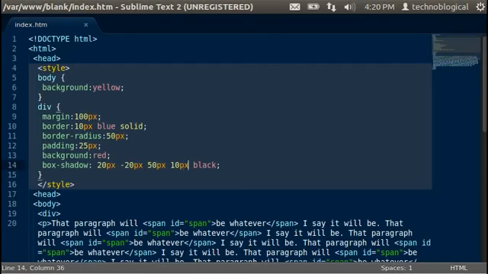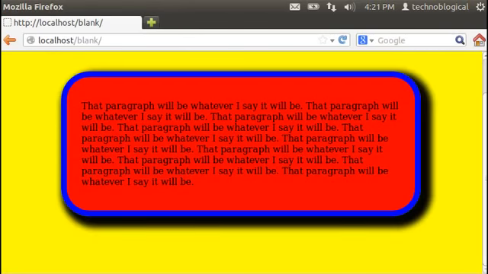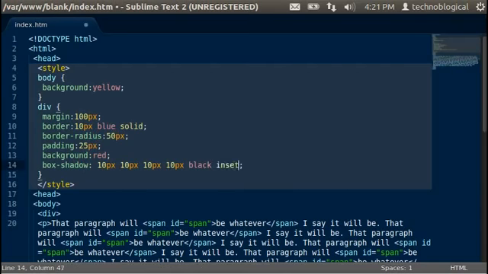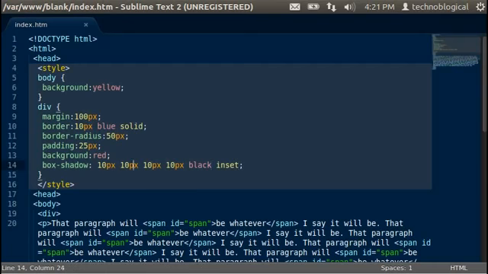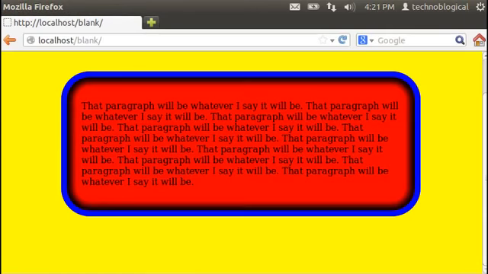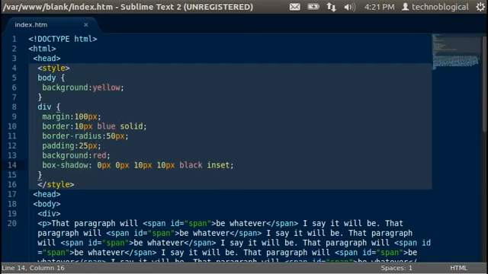The one option we haven't discussed on the box shadow is inset. And for that, I'm going to reset everything back to 10 pix. So, let's set everything back to 10 pix first. There we go, 10 pix, and the inset. So inset will make it look like the thing's caved in, puts it inside of the thing. And if you're doing an inset, you can probably just do 0 pix, 0 pix, and that makes it go all the way around. You can probably do a border of